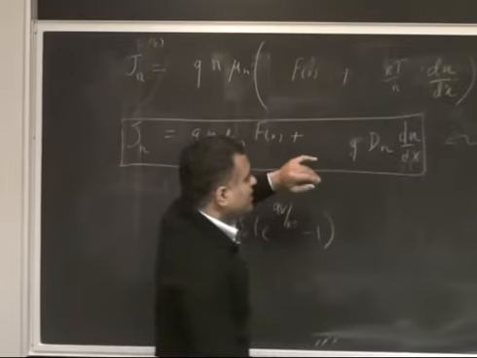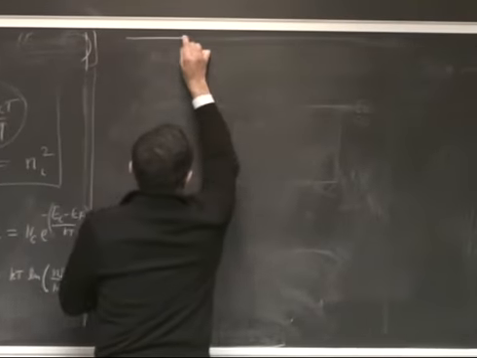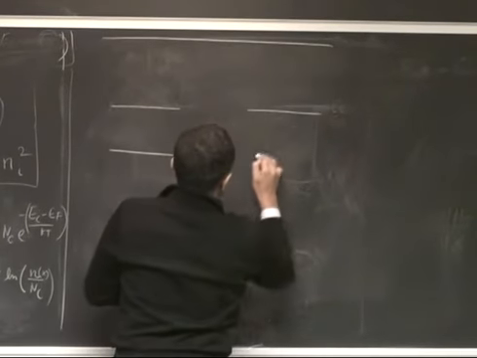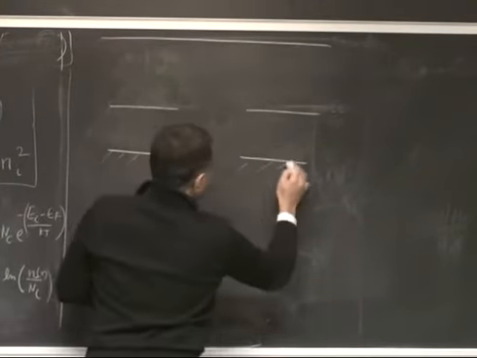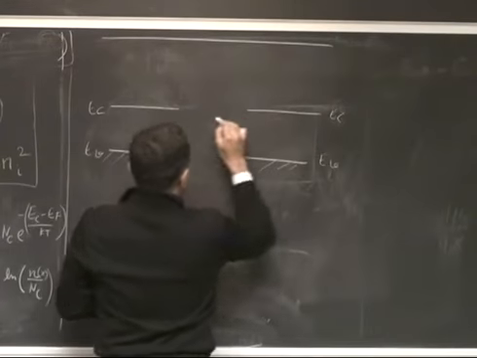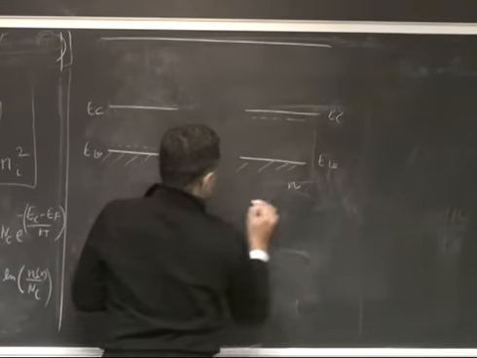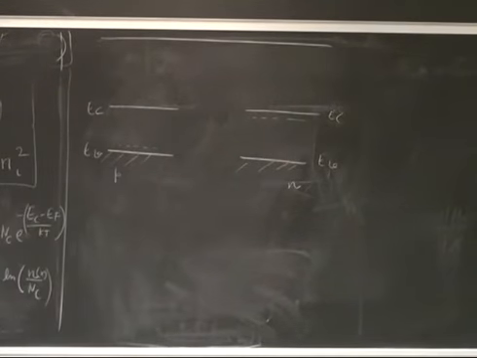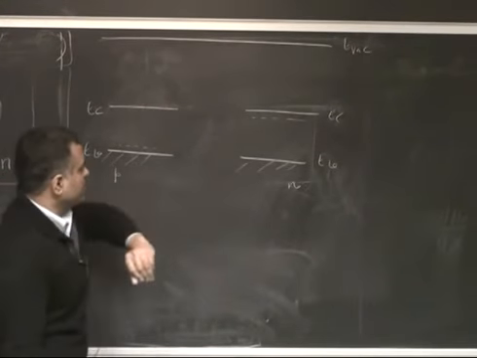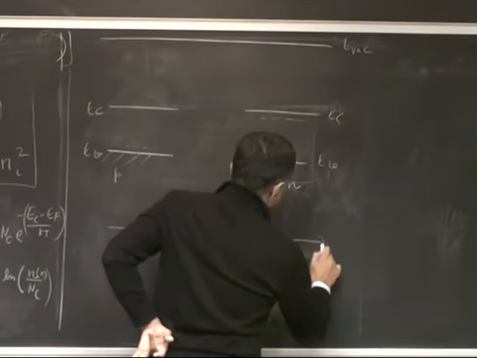So, okay, let's look at the PN diode. I just started sketching this picture, and again, it's probably quite a bit of a repeat for some of you, but it's all right. So EV, EC, and we said P on the left side and N on the right side. When we put these together, we have a much higher density of electrons here than here. So the electrons will flow from left to right. And what we're going to now sketch